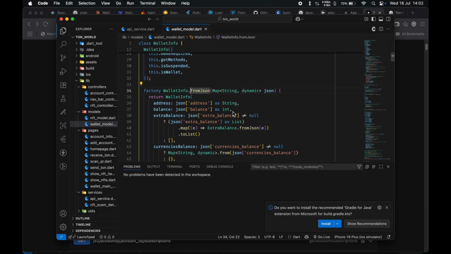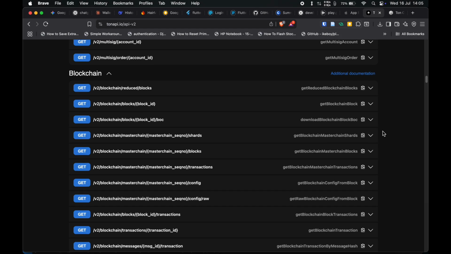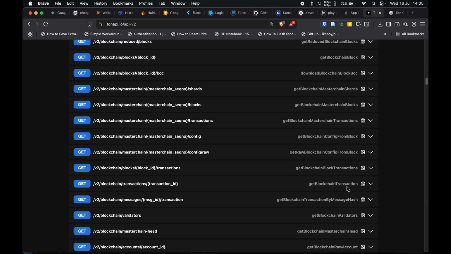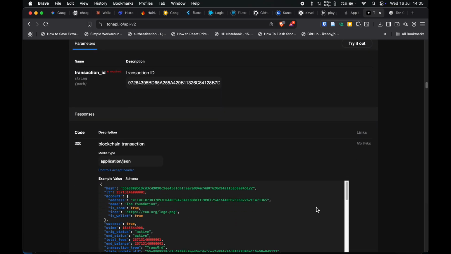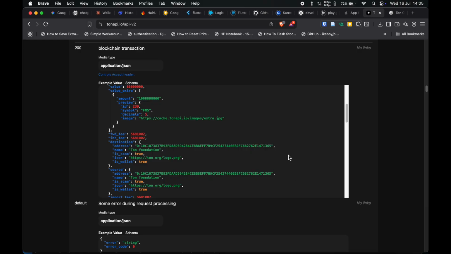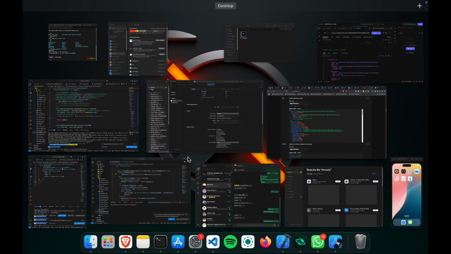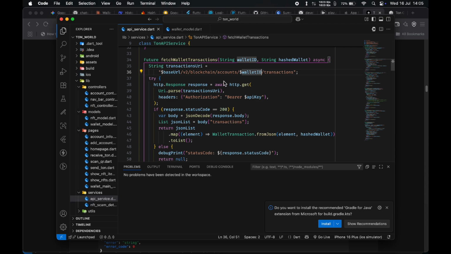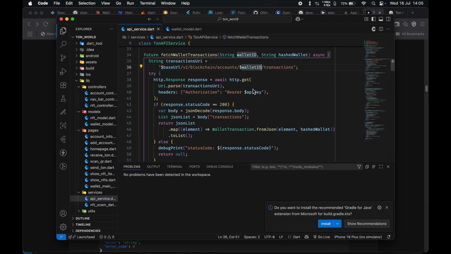So the next thing is, we wonder, how do we fetch the transactions of a particular user? So we use another endpoint, which is shown here at the bottom under the blockchain section. Under the blockchain section, you can see this endpoint, which is v2/blockchain/transactions/transaction ID, which is what is going to be used to retrieve the transactions of a user, of which the transaction ID there is actually just the user's